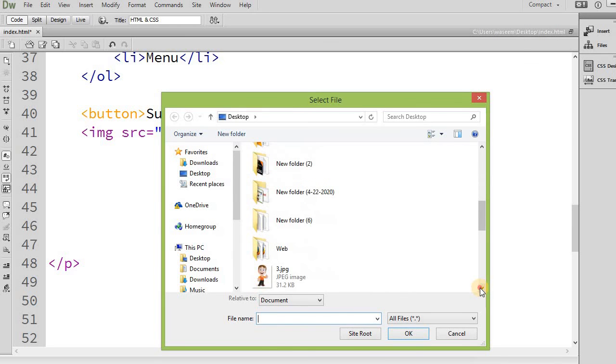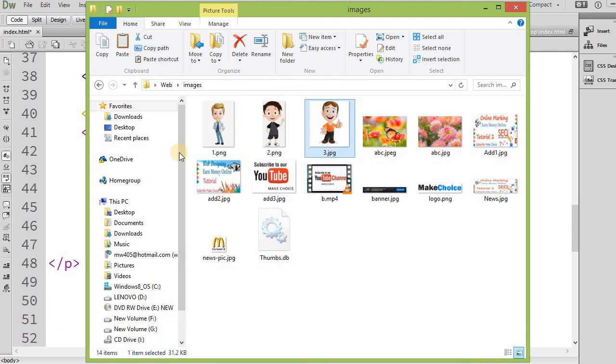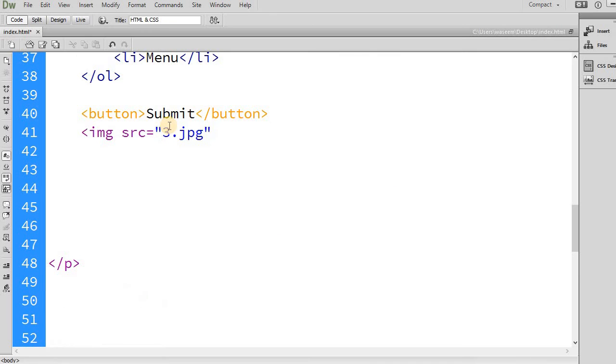you can see 3.jpg, right? If this is in the folder, like in the web in the image, so I will write here web slash images slash 3.jpg. So the thing that I want to tell you, a very important thing, is how you can write your path here, which is very important. So I will write here this thing,